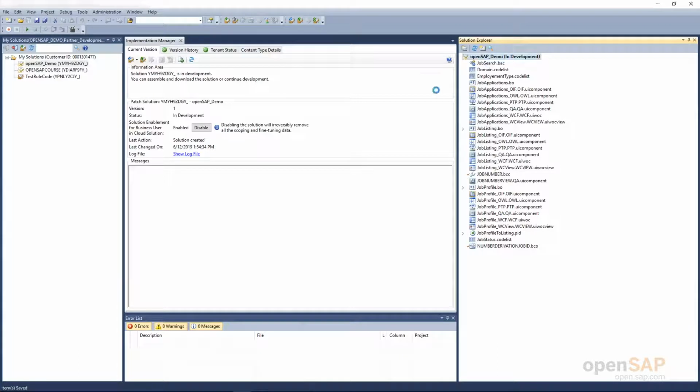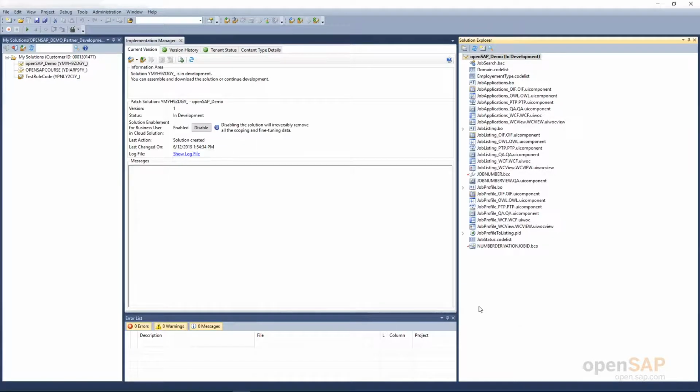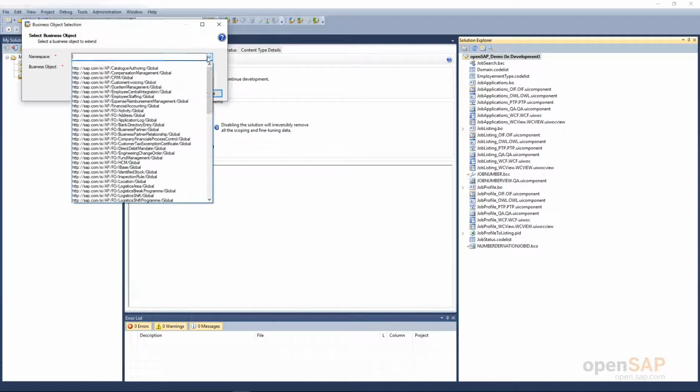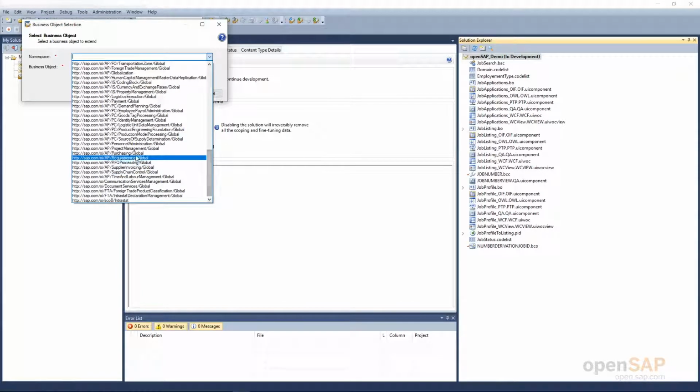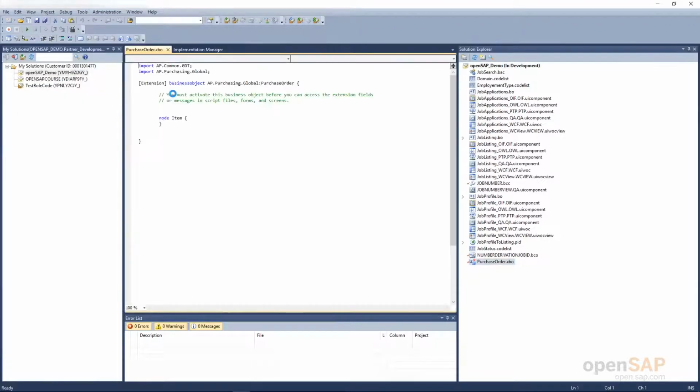We did business configuration here. So, right click on the solution and add a new item, which is a business configuration extension object. So, we are extending the purchase order business object here. So, let us call it purchase order and the extension .xbo file will be created. So, let me select the namespace where purchase order exists, okay, the purchase order, and then I click on OK. So, it will take a while. It has created an XBO file in the add-on, you can see at the bottom, and by default you see the root node has appeared for purchase order and the item node, because these are the nodes that are extensible.